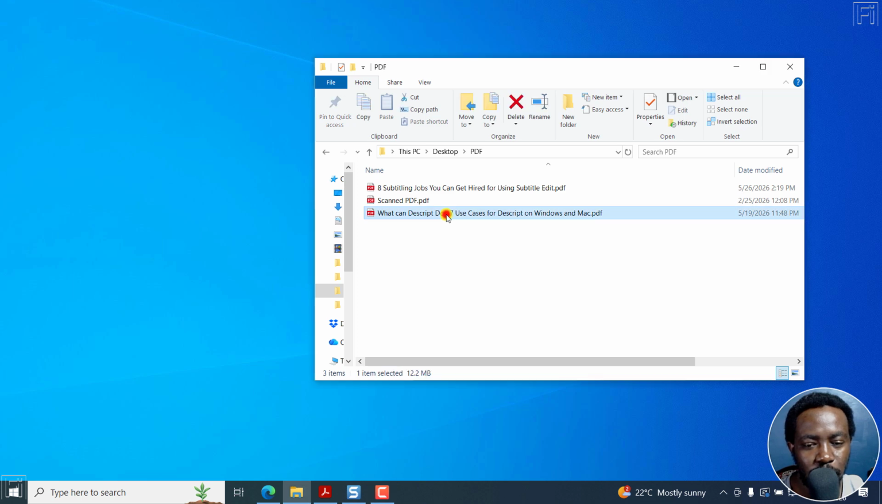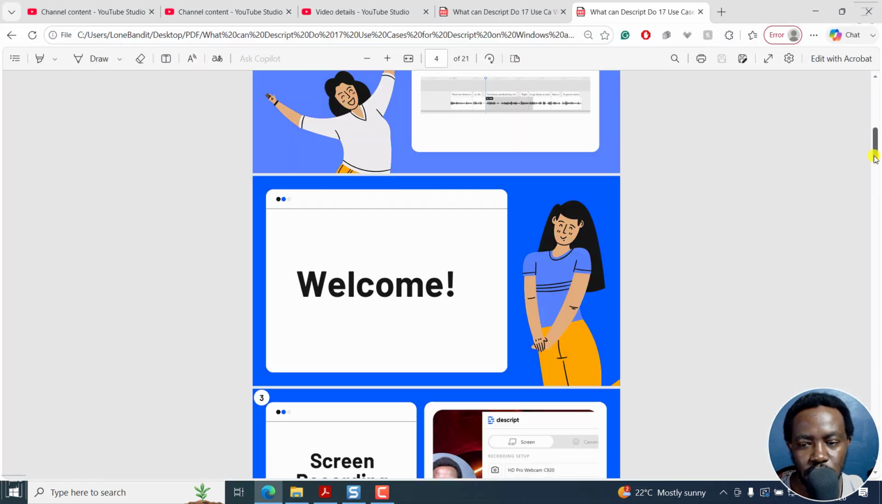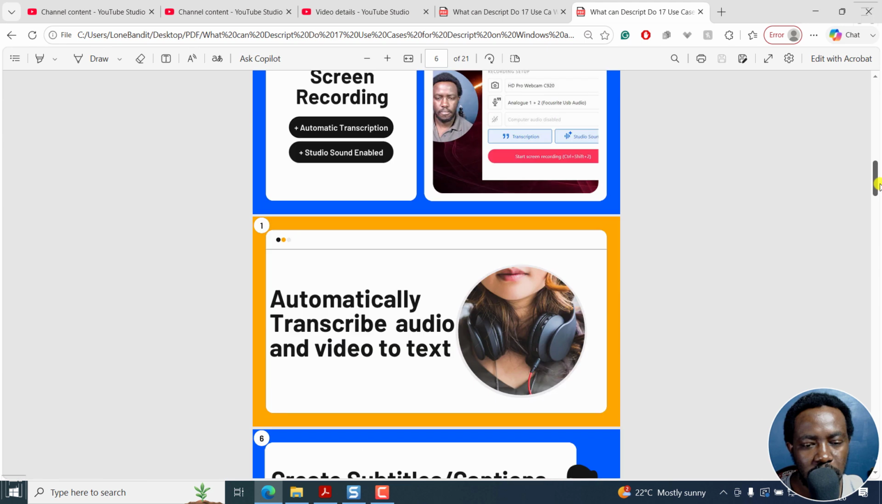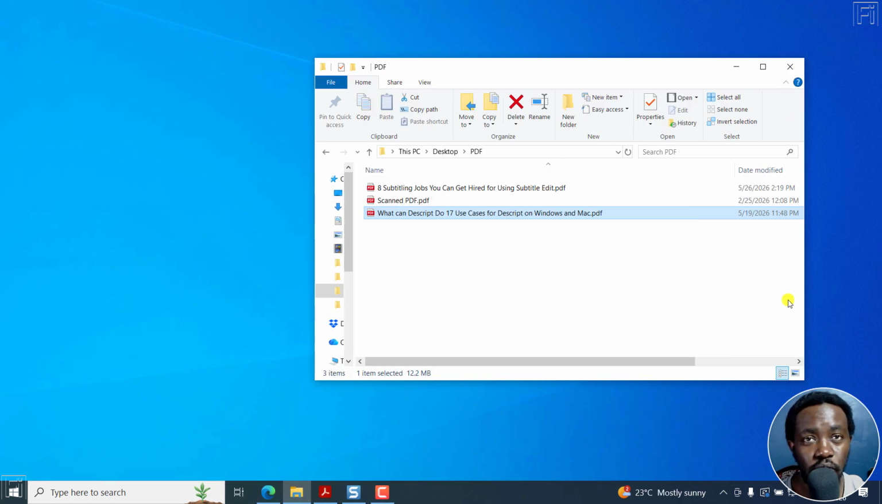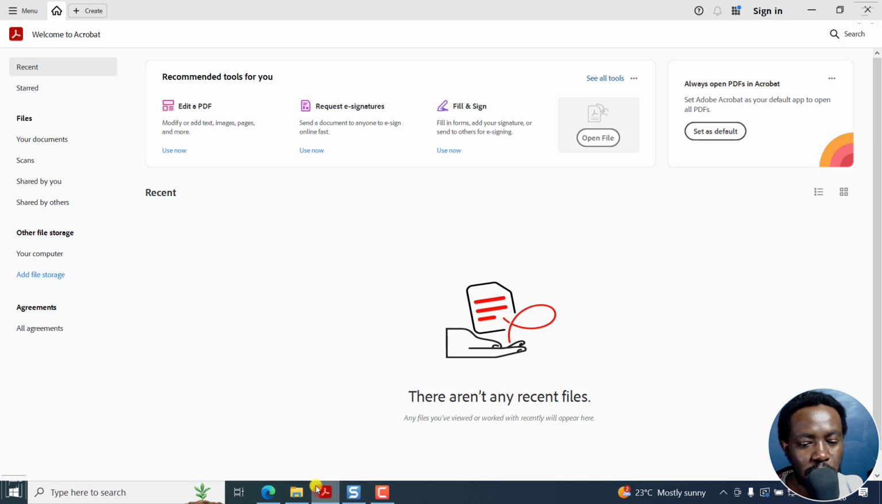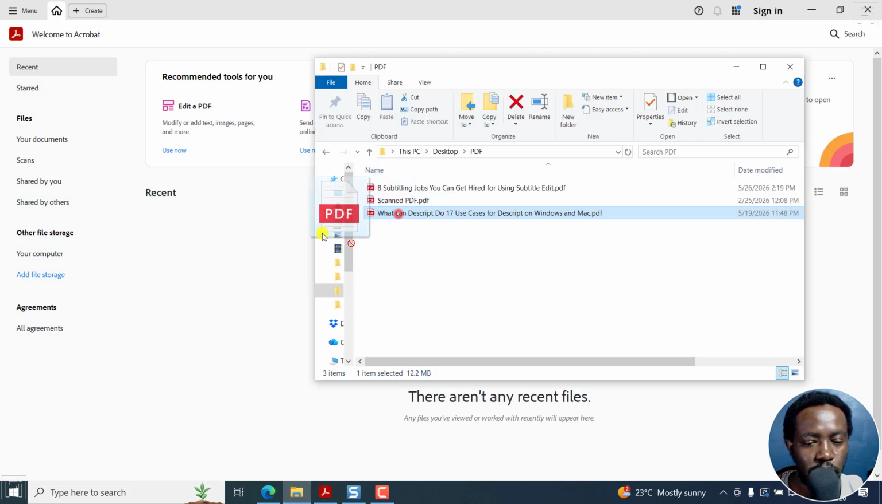Now, I do have a PDF with me here, and let's assume I want to extract, let's say maybe this particular page. For whatever reason, you know the reasons, you may want to extract a page and just have it or move it or share it as it is. So what I'm going to do is open up Adobe Acrobat and just drag and drop my